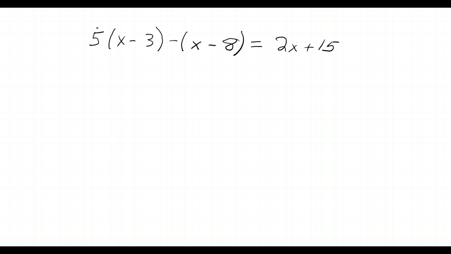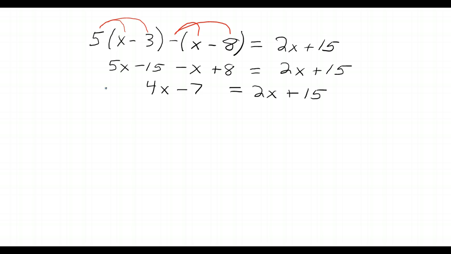Okay, here's my equation. The first thing I need to do is multiply through by 5 and then multiply through by my negative to clear my parentheses. Okay, in the second line you see I've cleared my parentheses. Then I combined my like terms to get 4x minus 7. At this point, I need to get rid of the minus 7, so I'm going to add 7 to both